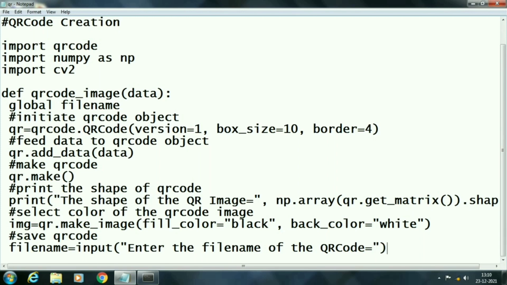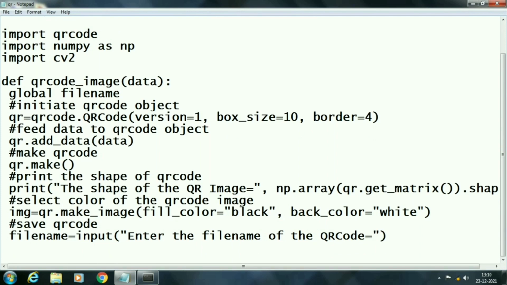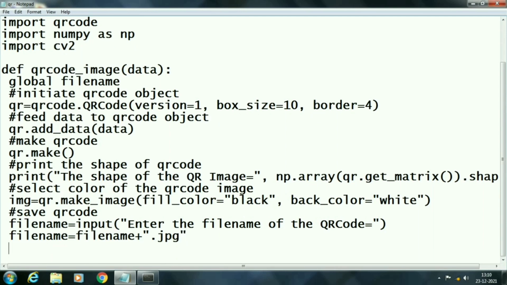Here our QR code is saved in the same folder where our source code file is stored. I am storing the QR image as a JPG image because JPG takes very little space with good quality. By using the .save function, we will save our QR code file.